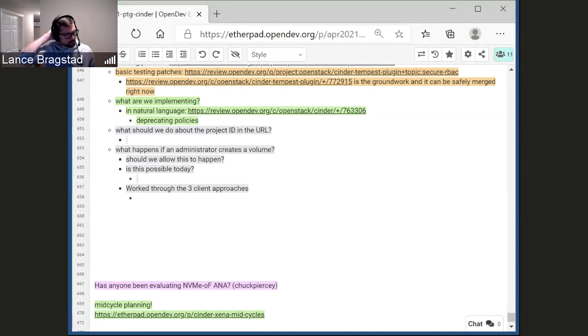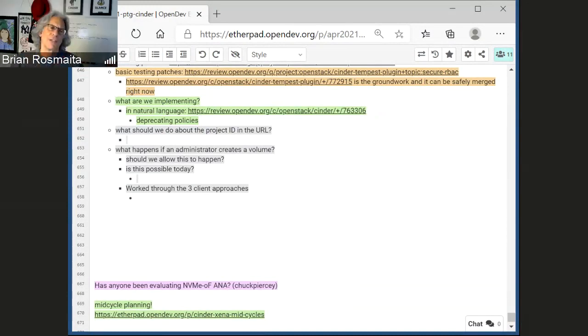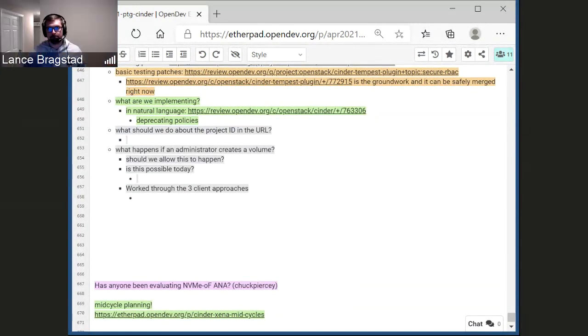Sorry. Well, I guess I'm thinking about this backwards. If I make a request for a system scope token, I get back the Keystone catalog. It's not going to have a project ID in the URL. So then I make a request.